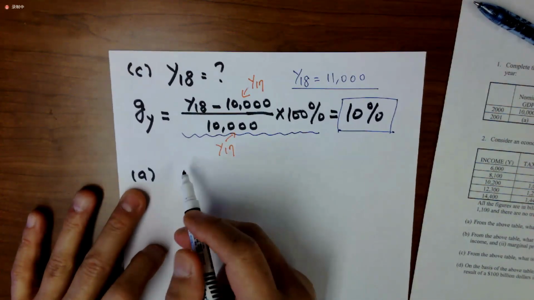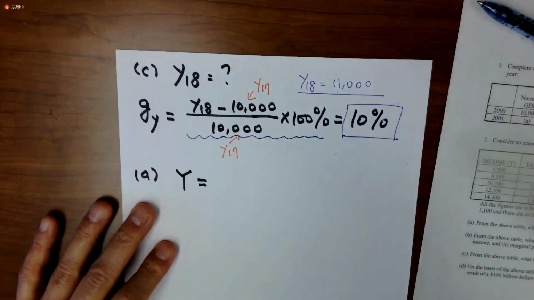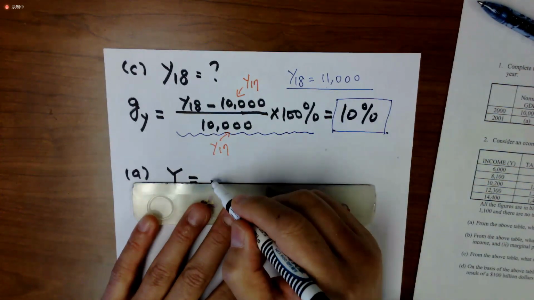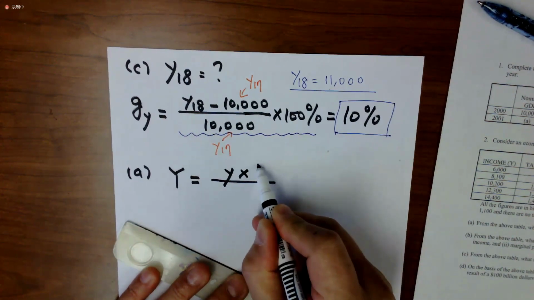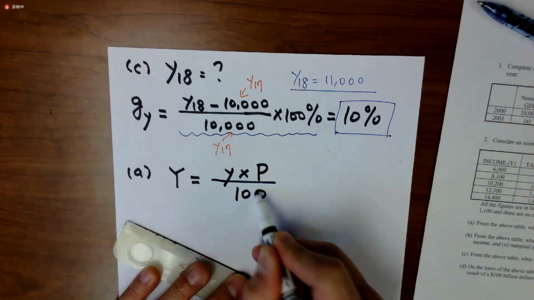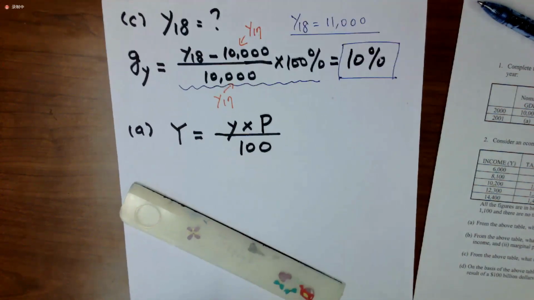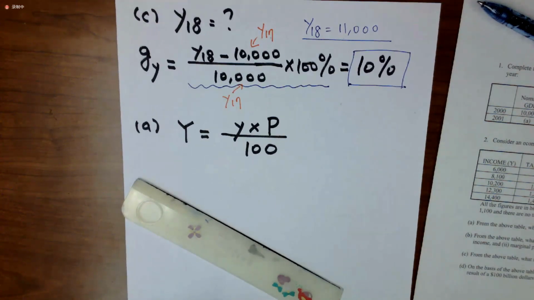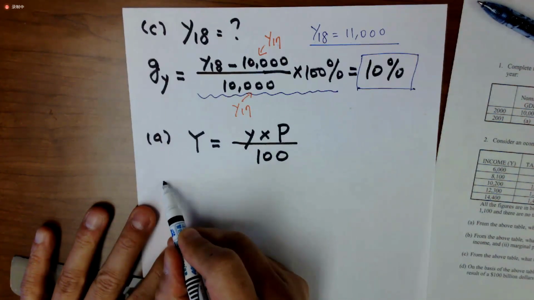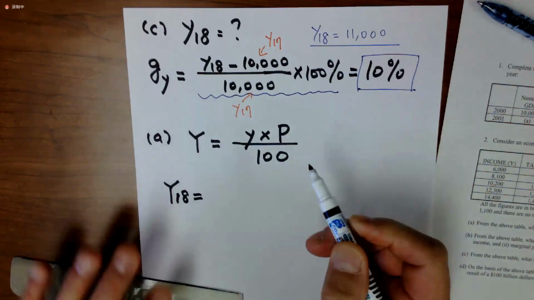So part A is asking, what is the nominal GDP, right? And then we know from our classroom discussion, nominal GDP is equal to real GDP times GDP price index divided by 100, correct? Say yes, please. Yes. All right. So for this particular question, we want to find out what the nominal GDP for the year of